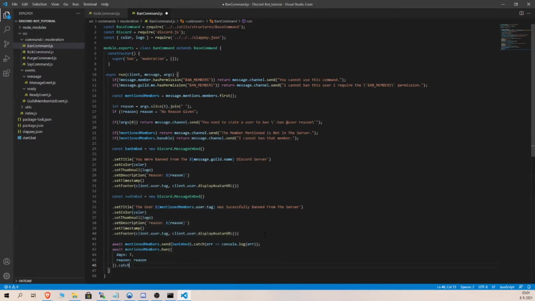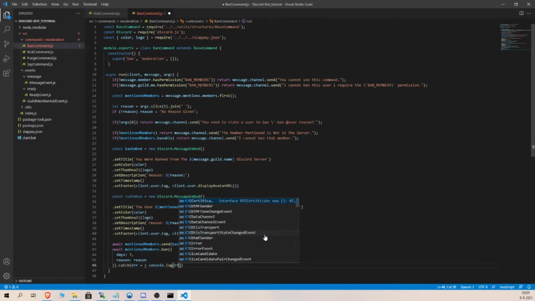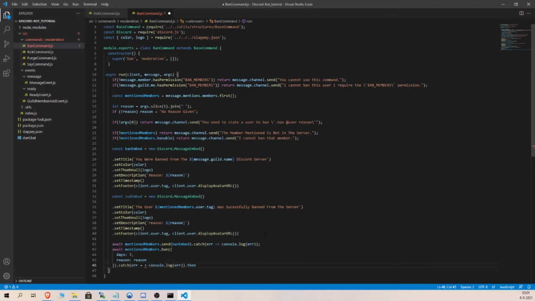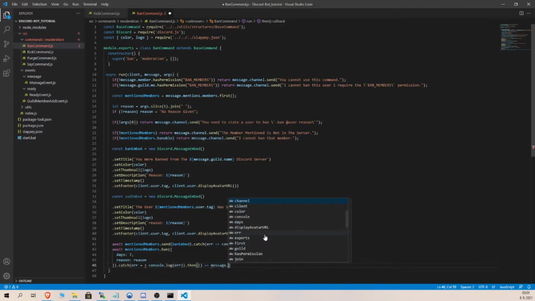catch error function sign console dot log the error, how you want to call it, then just do this, make the function sign message channel send success embed, save it,